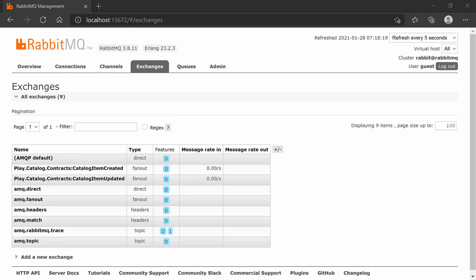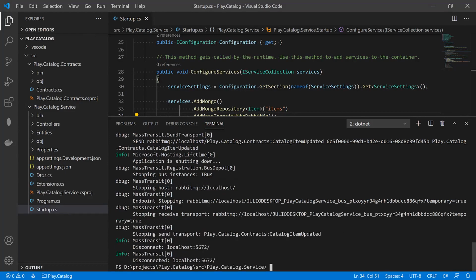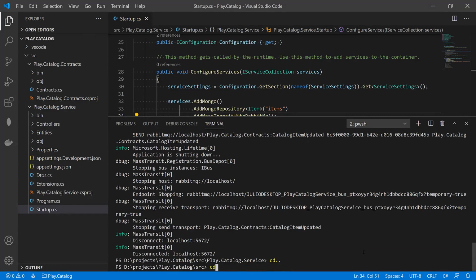And one last thing that we have to do here is to actually publish the catalog contracts as a NuGet package so that inventory can use it in the next lesson. So let's go ahead and go back to catalog. And here I am. I'm going to do Control-C in my terminal so that the host stops. And then I'll switch to our